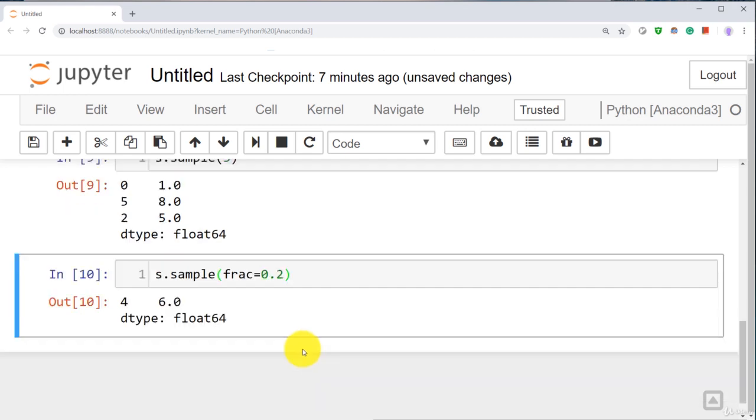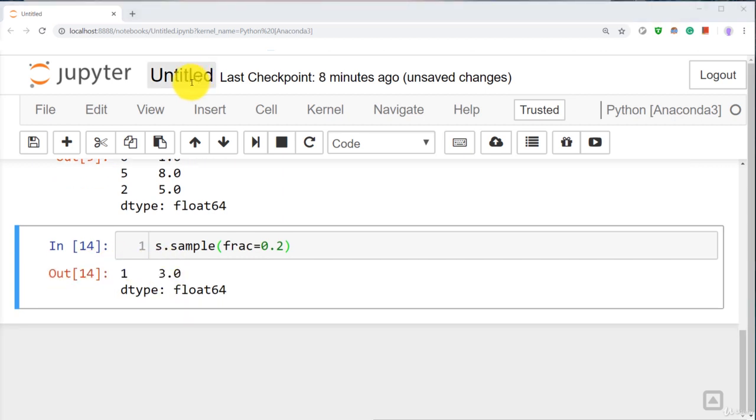Since this is still a random selection, every execution also gives different output. That's it. Not hard, huh? Go ahead and do a few